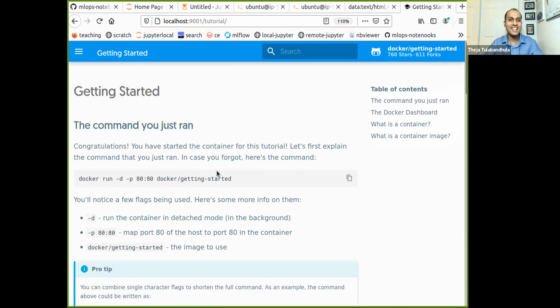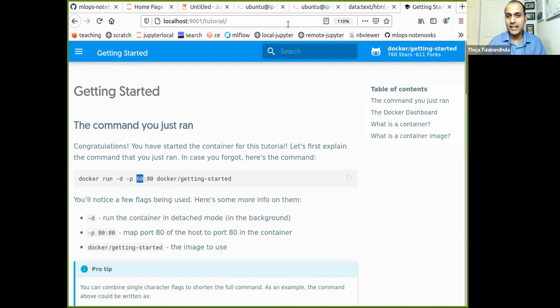Thank you, Shivani. Sorry, I've been hitting so many hiccups in the past few minutes. Anyway, basically what we did is run this. We combined minus d and minus p, daemon mode and port, and then we just changed the port. Instead of 80, we picked 9000.